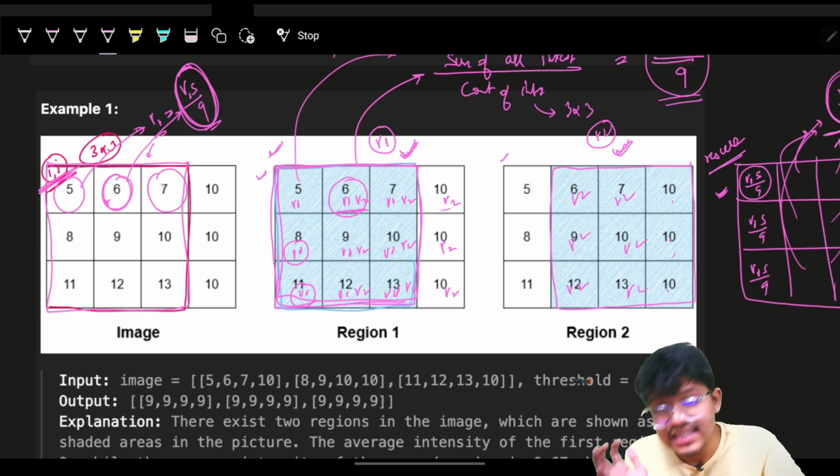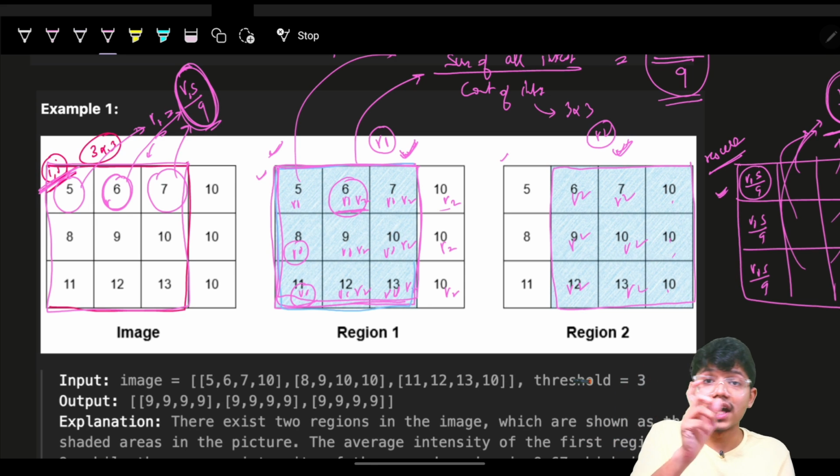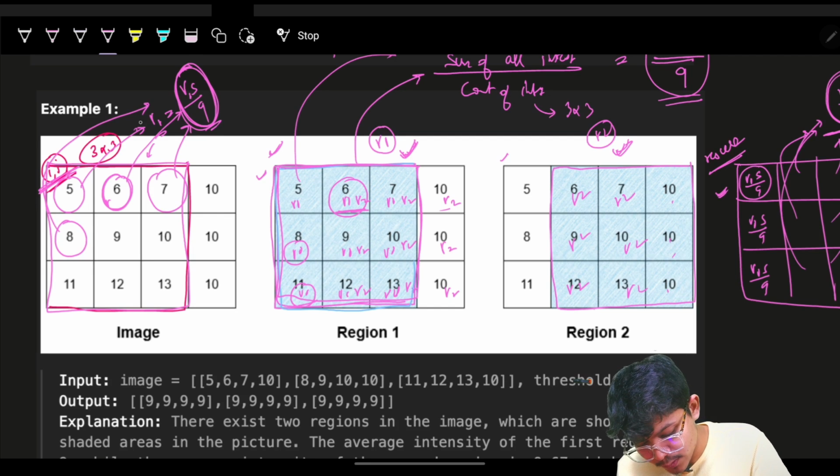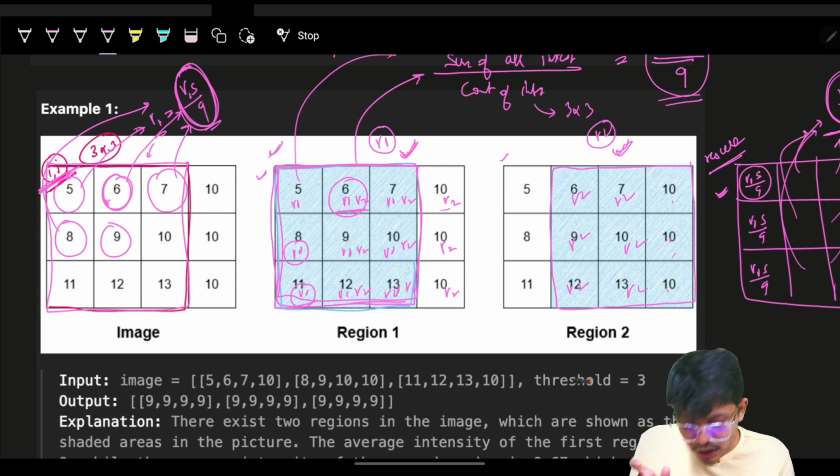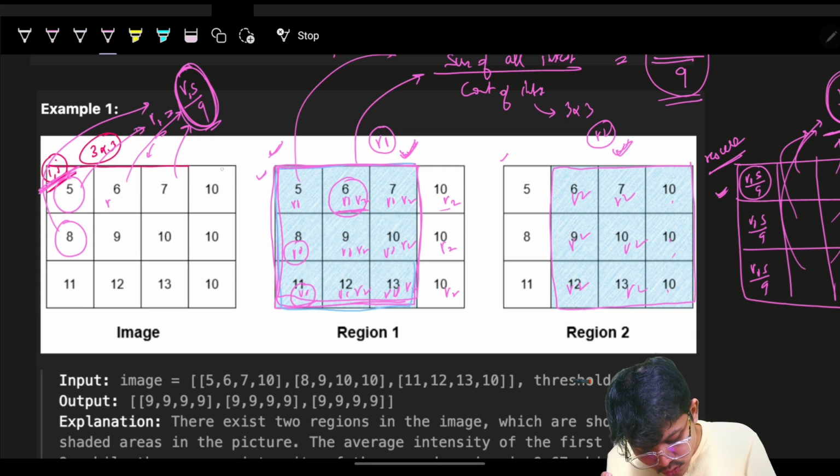Okay, for 7, I'll push back R1s by 9. And the same way, for 8, I'll push back this value. For 9 also, I'll push back. Why am I pushing back? Why am I not assigning it? Because next time, when the new region comes in, which is this specific region, I'll do the same